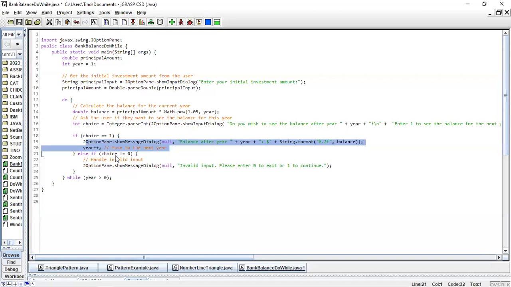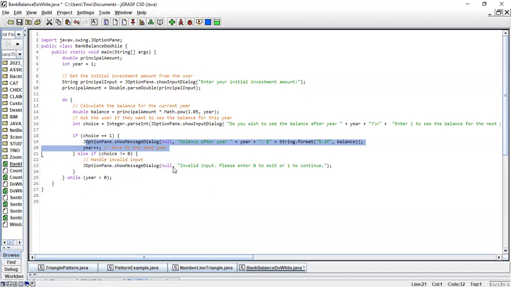If it's not equal to 1, we want the user to say, please enter 1 so that you can see the balance for the next year, right? So here we are going to use what we call a sentinel, right? If choice is not equal to 0, show message.